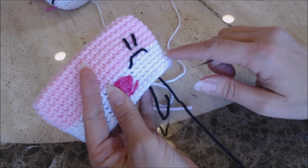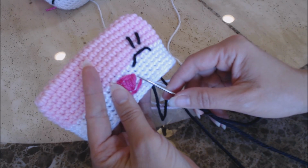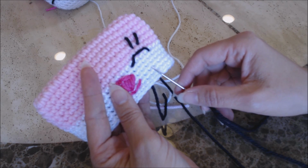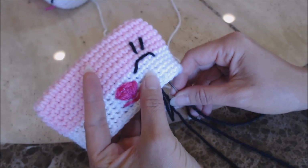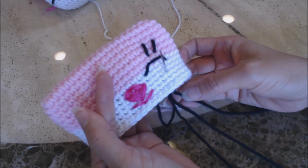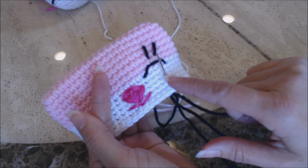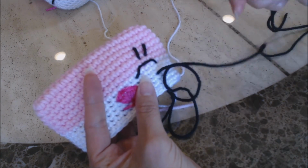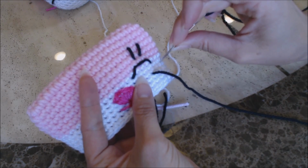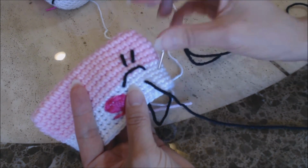And then we're going to do the whiskers. So you're going to go across towards the middle of the eye, and you're going to come about 2 rows down. So here you can see where my tapestry needle is from the nose. And then I'm going to go up 1 row and over 3 stitches, go back in,